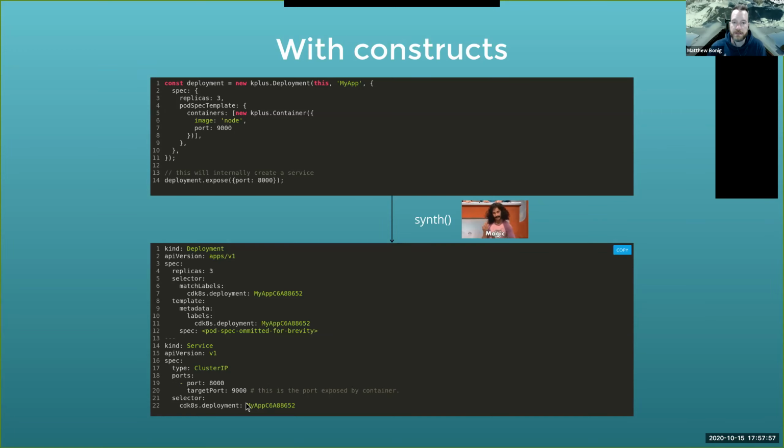I got a question, Matthew. Sure. I might be stepping ahead, but I look at line 6 on the image. If I wanted to, from a reusability perspective, synthesize new YAML with a different tag, would I be able to have environment variables that would allow me to switch which version that I'm running?